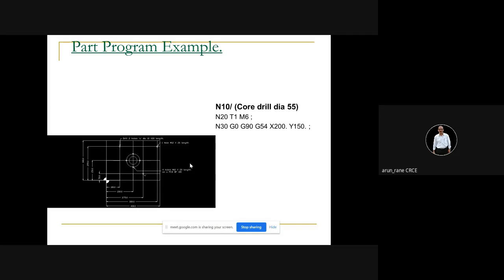There you have to write where your workpiece 0 point is with respect to the machine 0 point in the x direction and in the y direction, and also in the z direction, where the face of the workpiece is. Because some workpieces may be 50 mm thick, some may be 500 mm thick. So the upper level of the workpiece has to be defined with respect to the machine Z0.